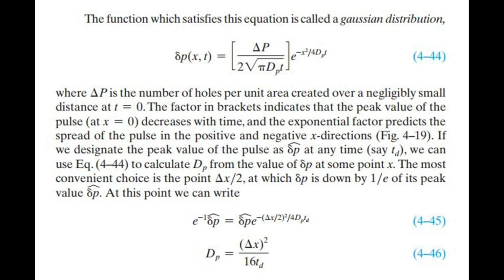The factor in brackets indicates that the peak value of the pulse, at x equals 0, decreases with time, and the exponential factor predicts the spread of the pulse in the positive and negative x directions, Fig. 4.19. If we designate the peak value of the pulse as p_0 at any time, say t_d, we can use EQ. 4.44 to calculate D_p from the value of p at some point x. The most convenient choice is the point x_2, at which p is down by 1/e of its peak value p_0. At this point we can write: